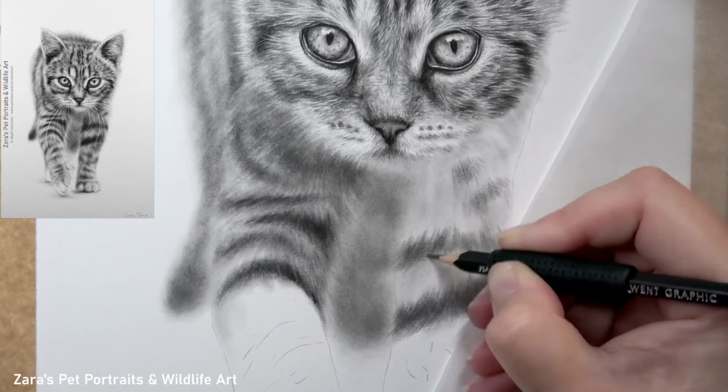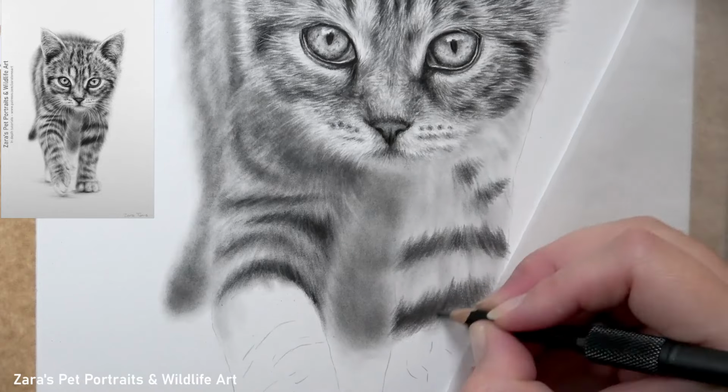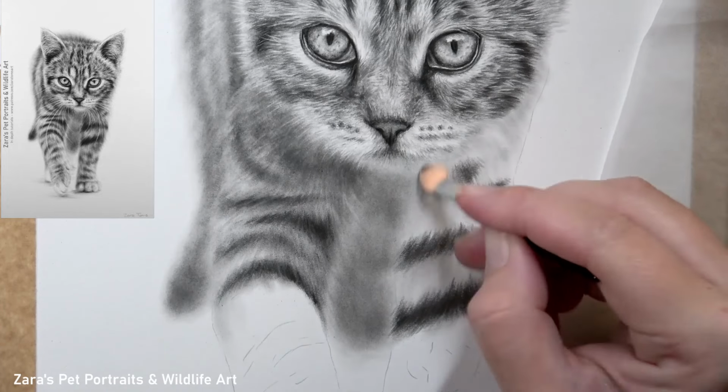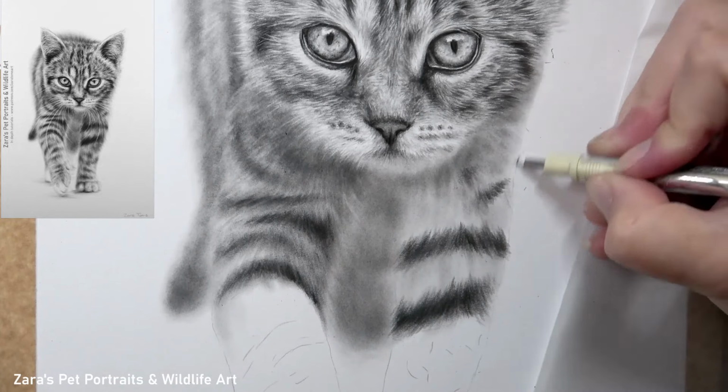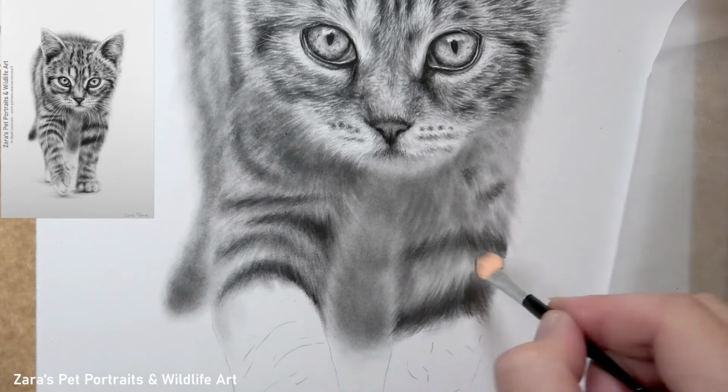Now I like to work in small sections. I find that I can then work through an area far more effectively. I'm definitely more efficient with the layering process. Now if you are an artist who likes to work in whole individual layers, then of course that's fine if